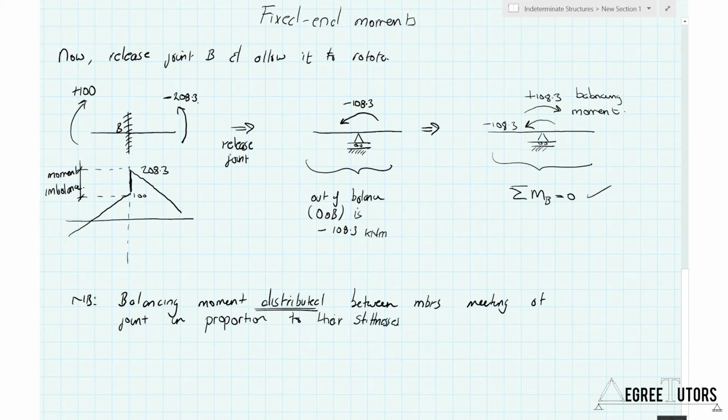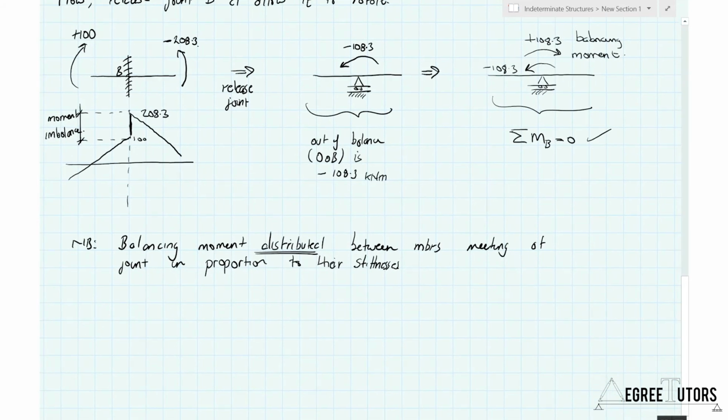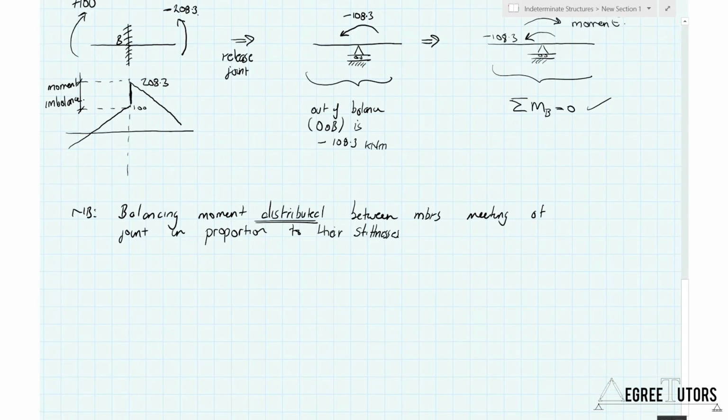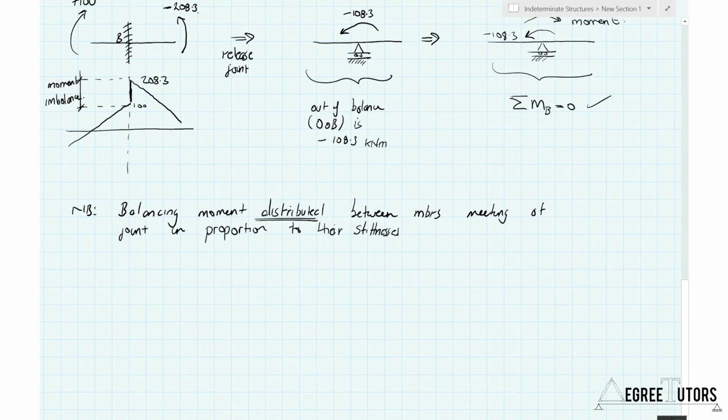Okay, now there is a procedure which we will cover which goes into identifying the stiffnesses of the members meeting at the joint, and it's fairly straightforward. It's nothing to be afraid of. We're going to get there, but to go in and explain that now would kind of kick us off course a little bit. So what I want to do, for the purposes of just illustrating the whole process, is say for now, i.e. for just the rest of this one lecture, let's assume